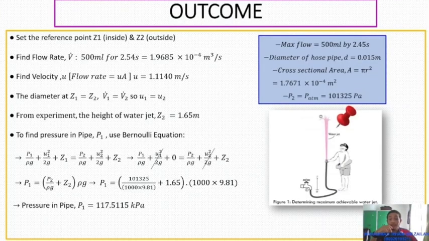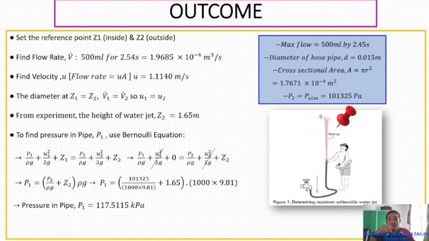For the outcome, first set a reference point to the system. Inside hose pipe will be set as point 1 and the outlet of the hose is set as point 2. After that, we calculate the flow rate of the experiment. Open the valve check until the maximum position, then record the volume and time taken. We measure the time taken to fill up to 500 ml of volume of water. The flow rate was given by volume per time taken. Flow rate is